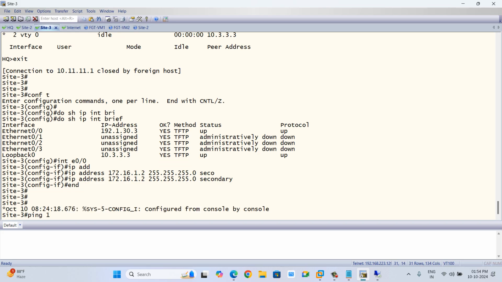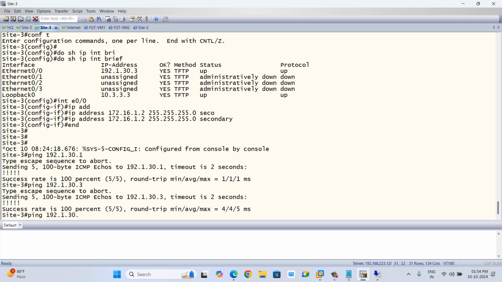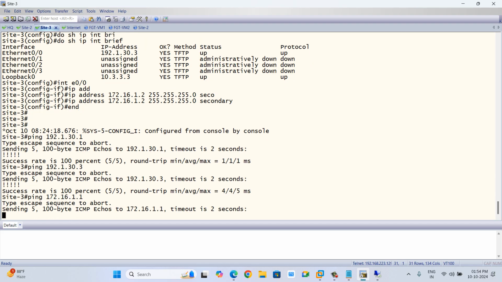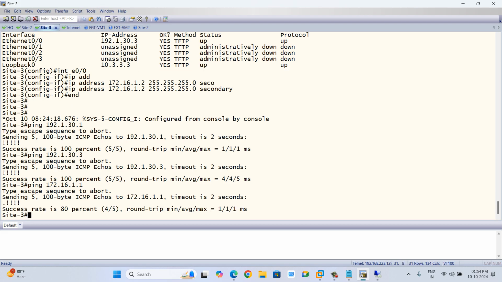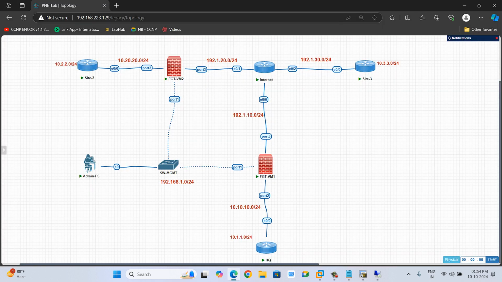First, let me ping this, which was already available. It's available. 30.1 I'm able to ping. 30.3 I'm able to ping. Can I be able to ping this IP? What do you say? Yeah, I'm able to ping. Means they both are active, right? What do you say, sir? Yeah, it's working. Means at a time, so many IPs I can give. Even there is no such condition. But